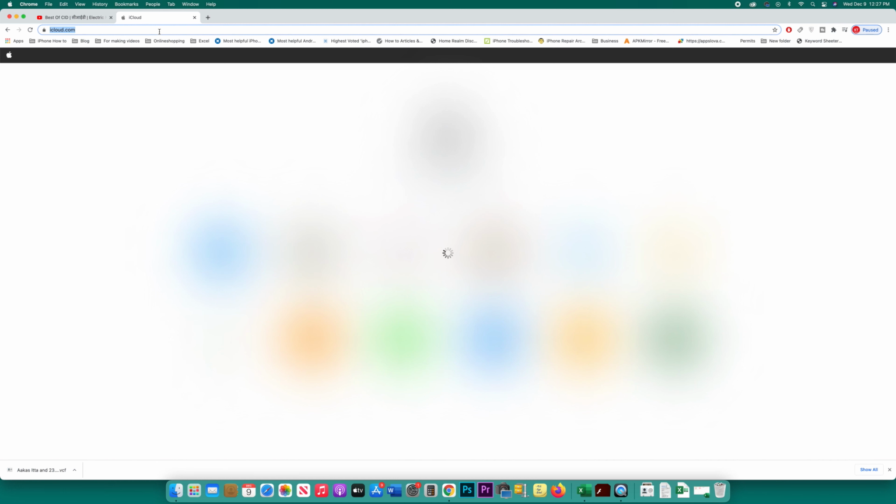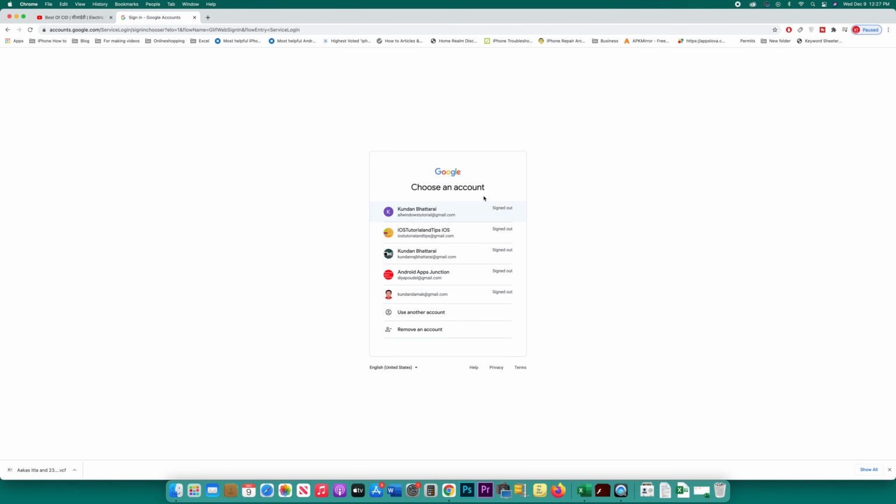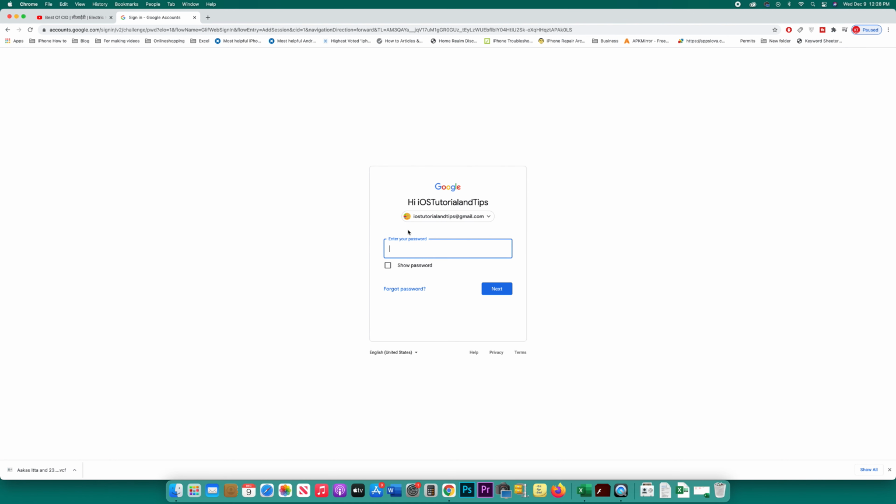and then I have to open a website, contacts.google.com. Open this website. Now here you have to select that Gmail account where you want to download the contacts, or you have to enter that Gmail account where you have to download the contacts. So since I have already saved my Gmail account, what I will do is I will select that Gmail account where I want to download. If you want to enter the Gmail account, you have to use this option, use another account. So let me select this Gmail account and let me enter the password.